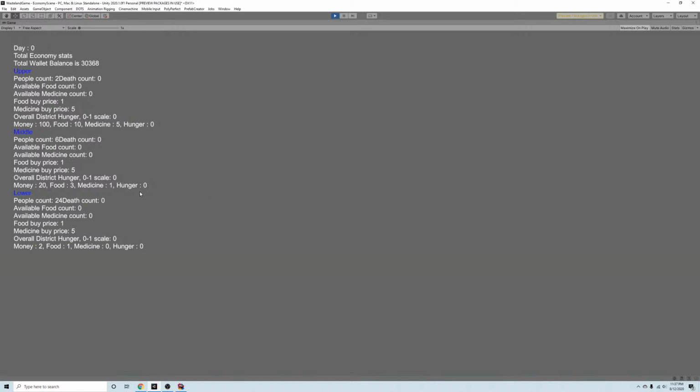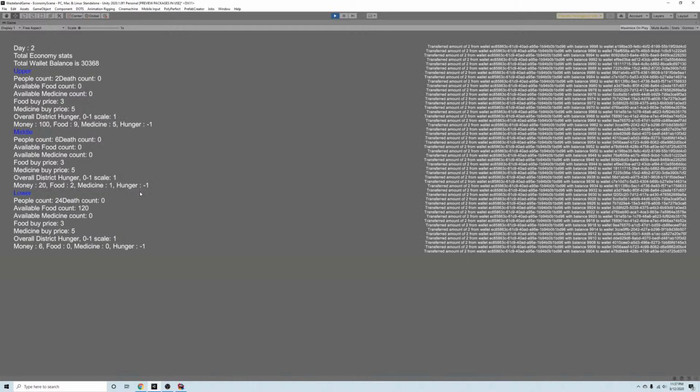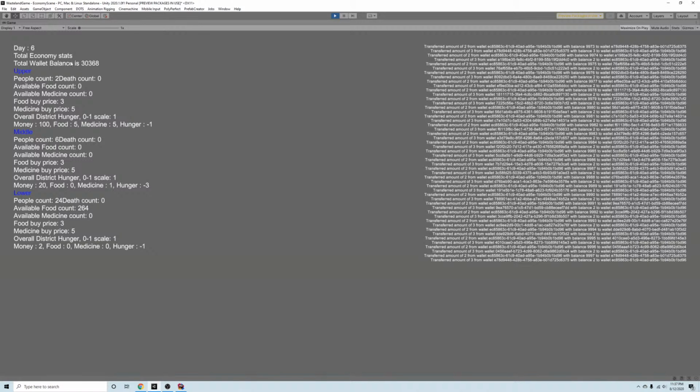So last stream, we implemented a transactional approach to transferring money through the game. Money is always transferred between two parties and it doesn't come out of thin air or disappear. And we have this basic UI that just prints information to the window, and we have different stats